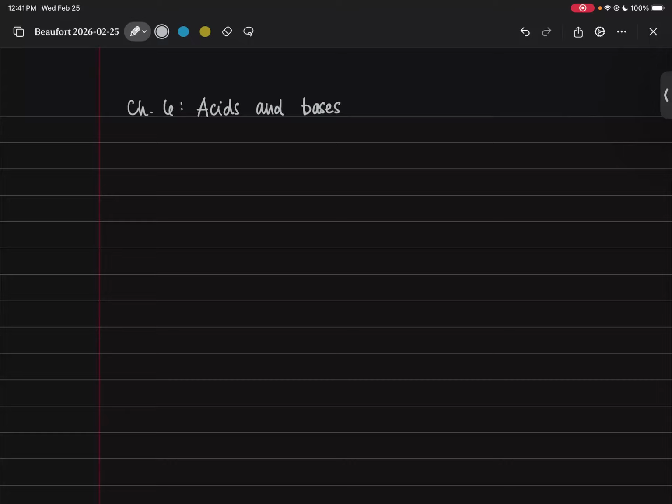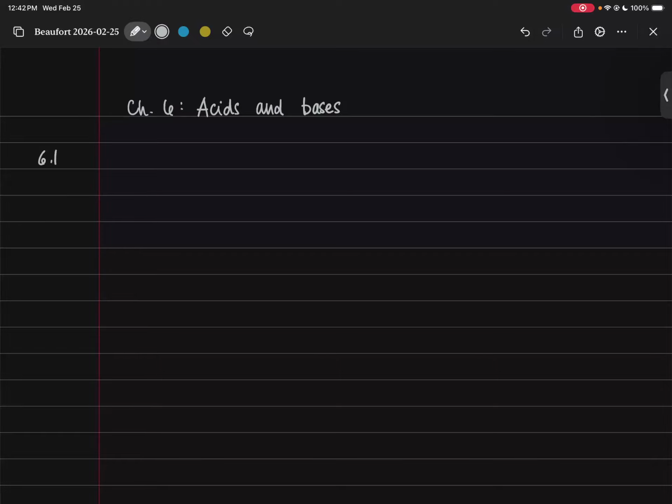Okay. So this chapter is about acids and bases. You should be sort of already a little bit familiar with acid-base chemistry from Gen Chem. We're going to review that briefly, but a lot of this stuff is going to look a good bit different from the acid-base chemistry in Gen Chem, especially Gen Chem 2, because